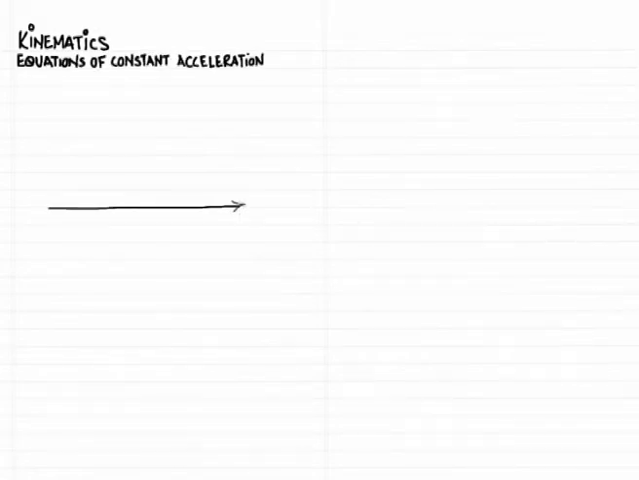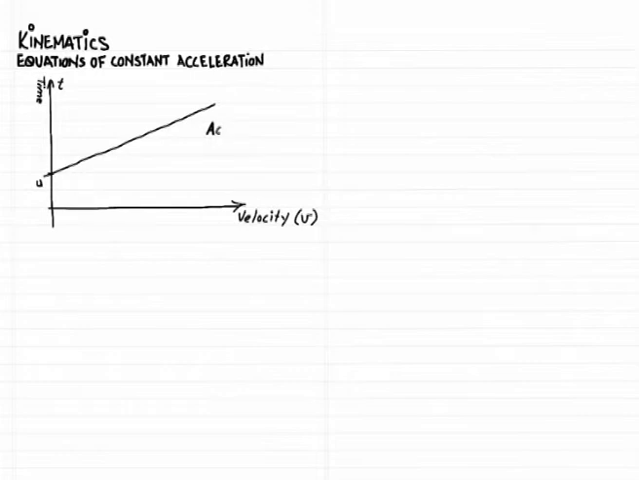In this video, I'm going to examine the equations of constant acceleration. The equations of constant acceleration come about from a situation where an object is moving under constant acceleration. That is, the acceleration is constant, so the velocity will be increasing or decreasing depending on whether the acceleration is